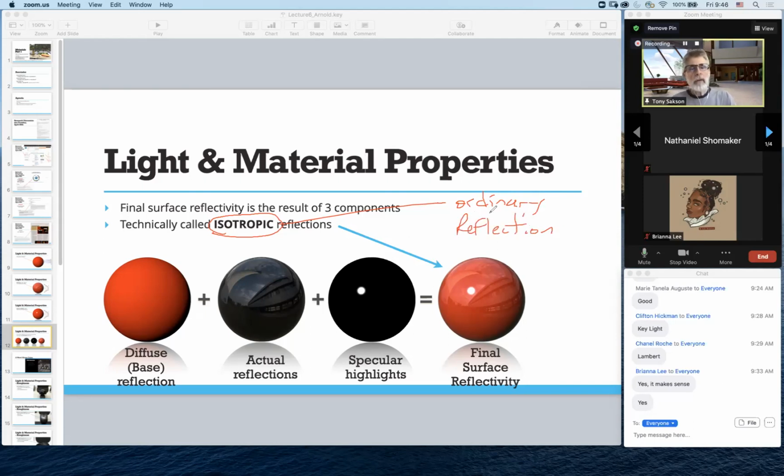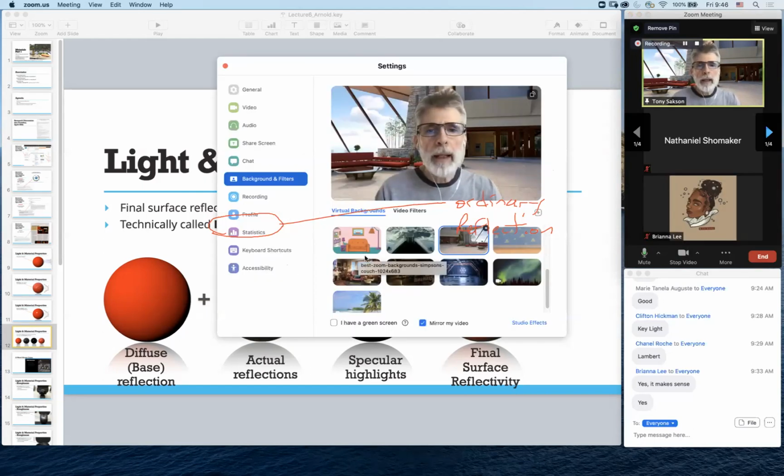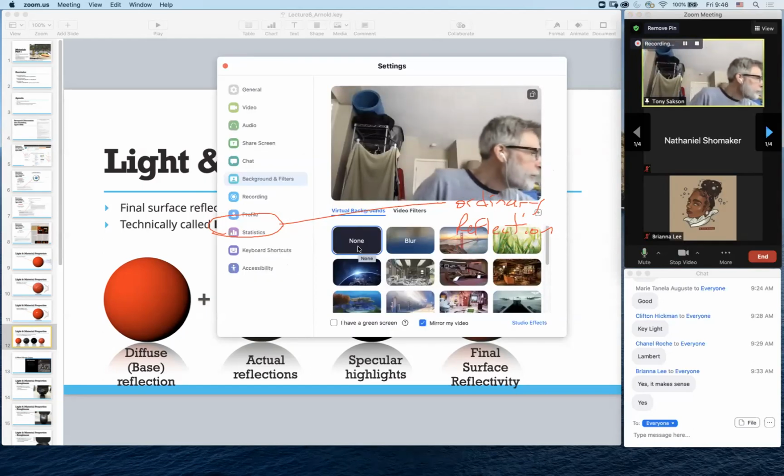So ordinary reflection is called an isotropic reflection. Isotropic simply means, and I should have shown this while I had my, oops, sorry about that. There we go. Meant to turn off my virtual background. There we go. All right, so